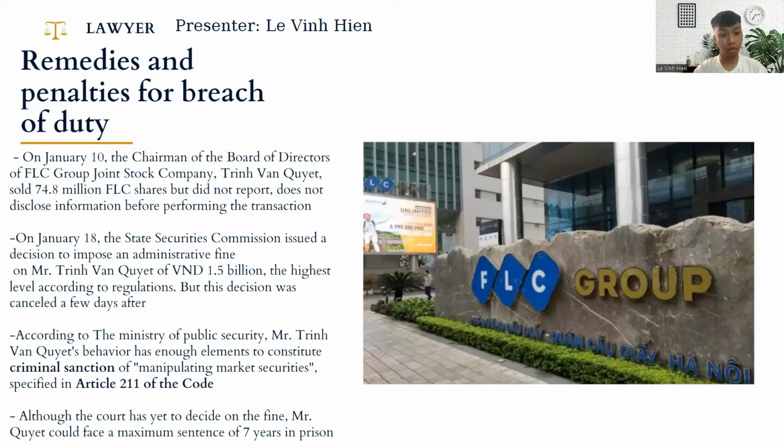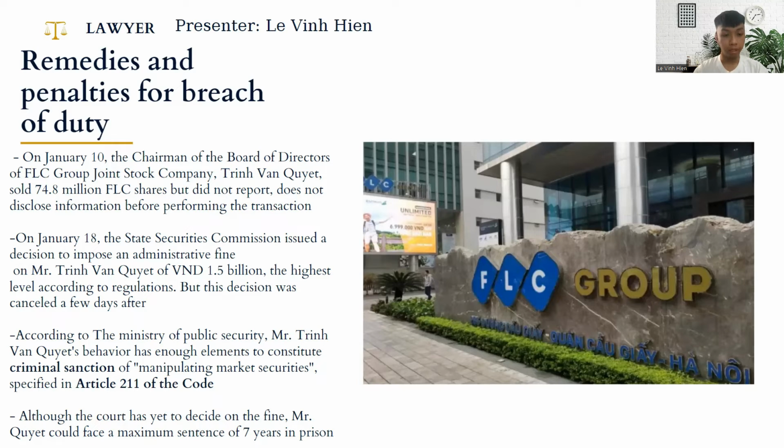On January 18th, 2022, the State Securities Commission issued a decision to impose an administrative fine on Mr. Trịnh Văn Quyết of 1.5 billion Vietnam dong, the highest level according to the regulations. But this decision was cancelled a few days after. According to the Ministry of Public Security, Mr. Trịnh Văn Quyết's behavior has enough elements to constitute a criminal offense, manipulating the securities market, specified in Article 211 of the Penal Code 2015. Regarding the financial regimes, according to Article